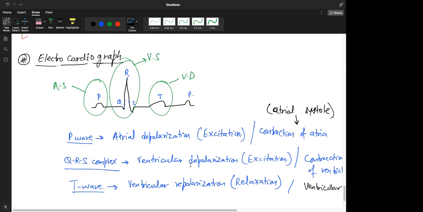So any abnormality or deviation in the shape, or if you see that the distance between these two or these two is more or less, they all tell us about different heart conditions. So just by looking at an ECG, you can tell a thousand things about the heart. Okay. So this is where I will